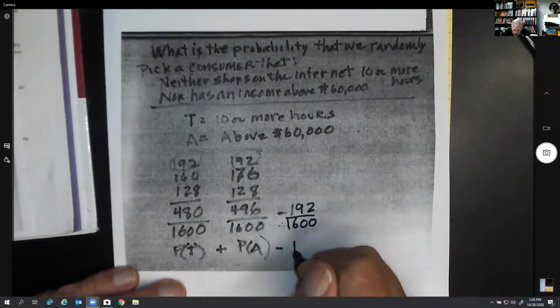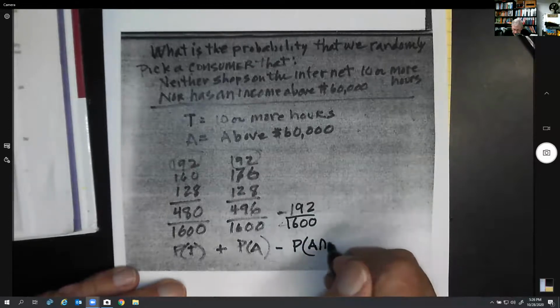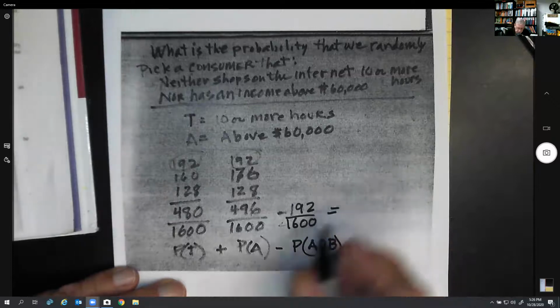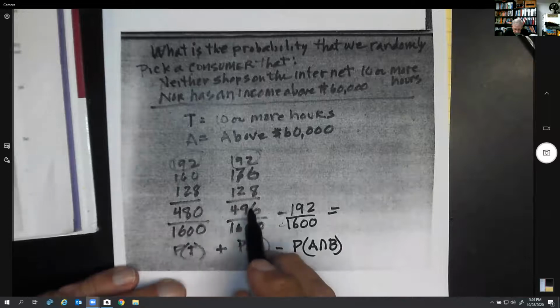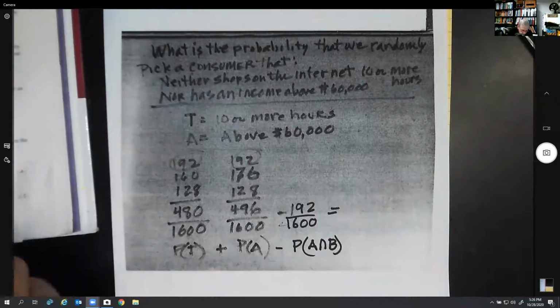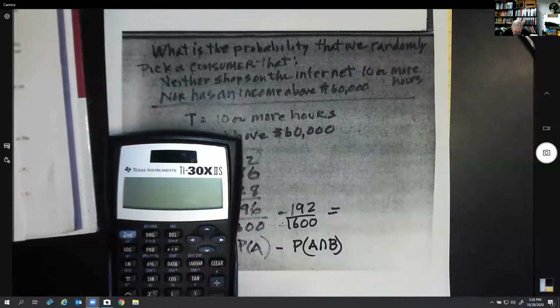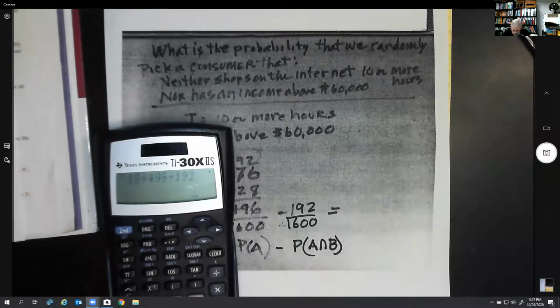And that's subtracting off the probability of A intersect B. So if I use my calculator and put this together and subtract this off, let's see what happens. 480 plus 496 minus 192 equals